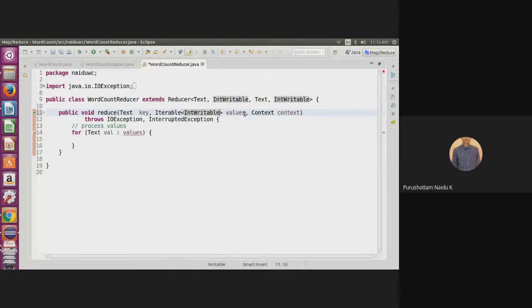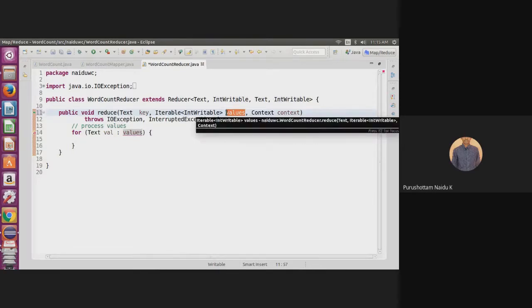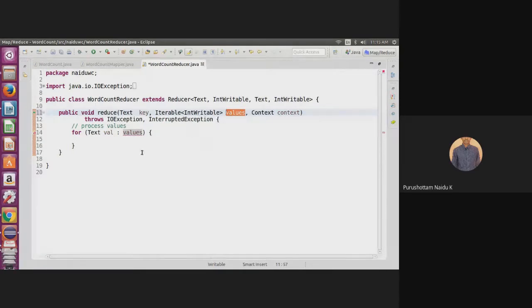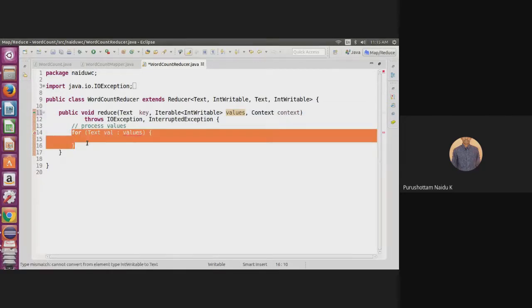Now the values contain a set of values. To iterate these values, we are using the for loop. This is another type of for loop we use in Java; I think you already know that.